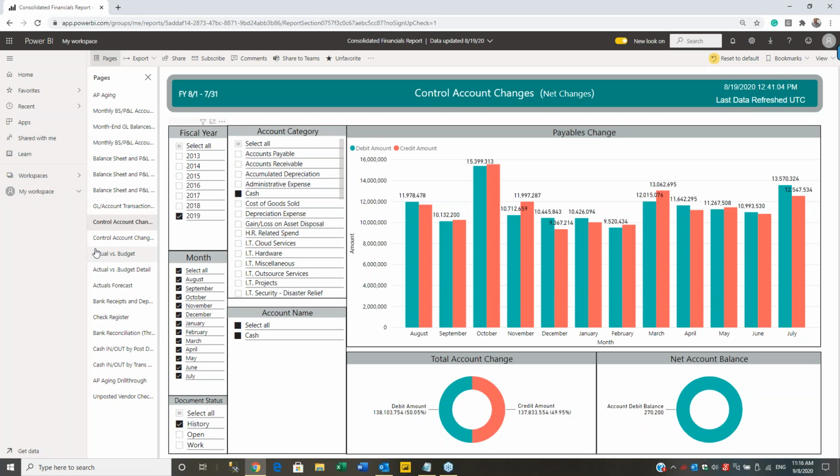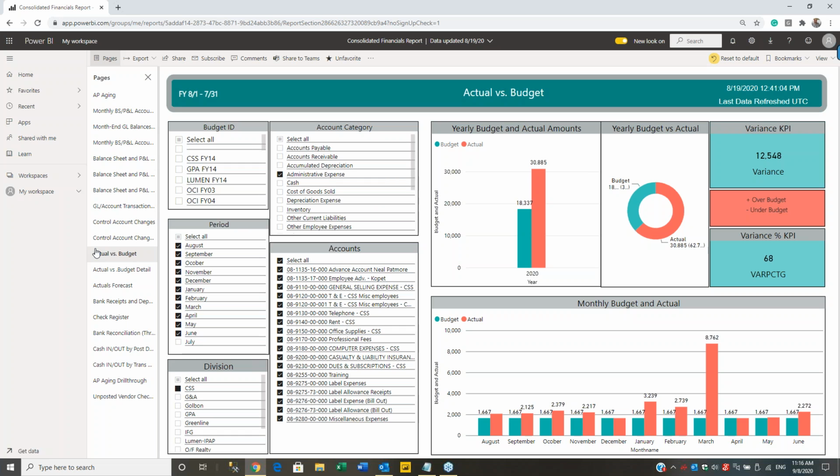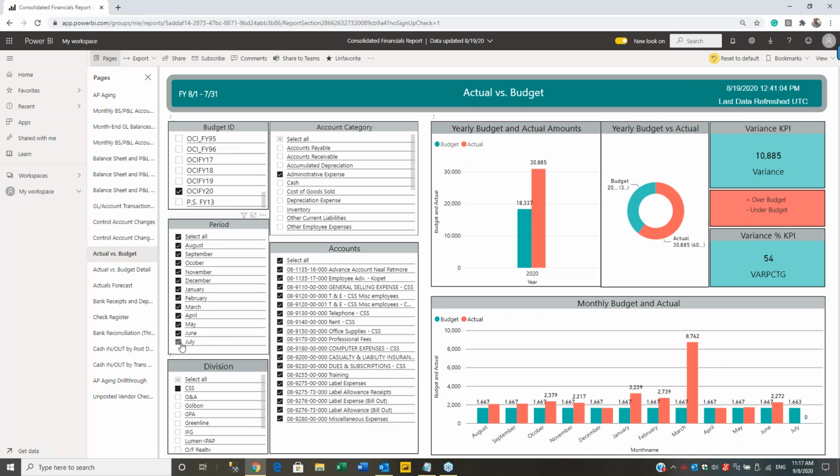All right. Now let's just jump over to budgets and forecasts real quick here. So I know budgets are important to a lot of people. I have a budget here for 2020 for this division, CSS, and I'm going to look at these administrative expenses for all of the accounts in the administrative expense account. So I can see all of that,